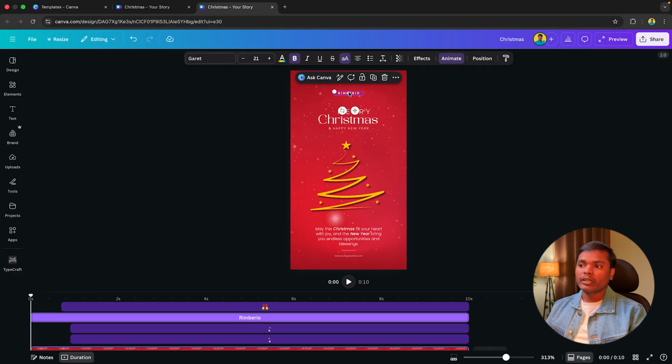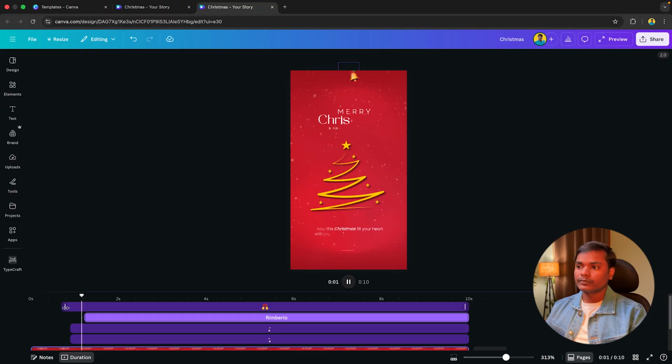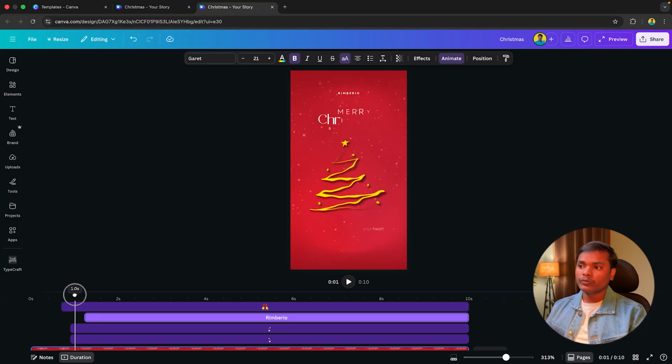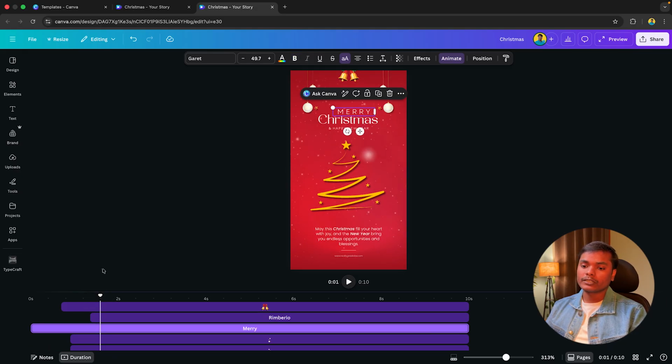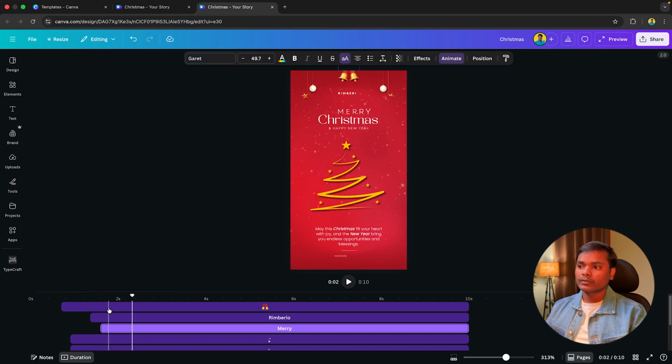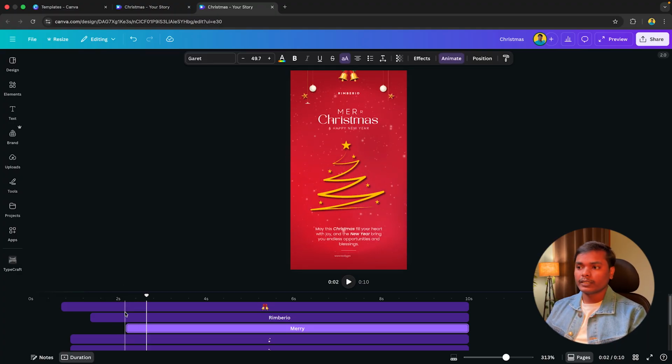And let's change the timing of this text. Now I will drag it like this. Let's play it. We want the text Remember You to start just after the revealing of this veil. So I will drag it here. And then after that we want the Merry text to start animating, something like this. After Remember You, we will start the animation of this. Remember, this playhead is one of the most important things to adjust the timing of the animation of any single thing in your artboard. Okay, so I will just play it like this.